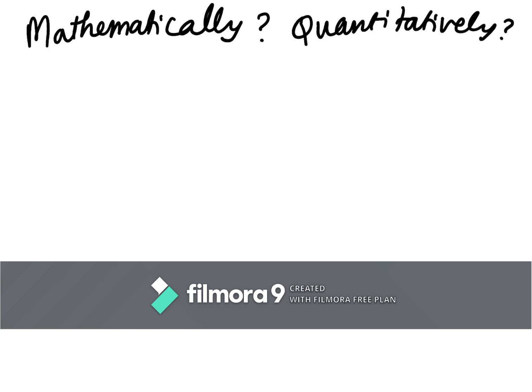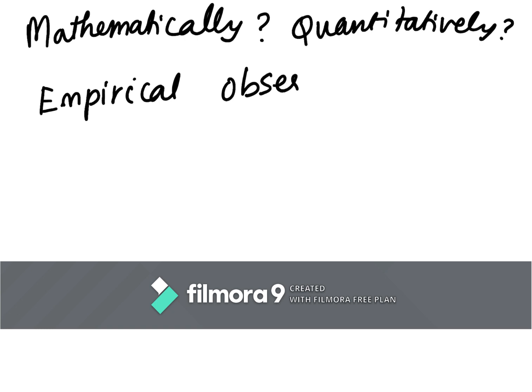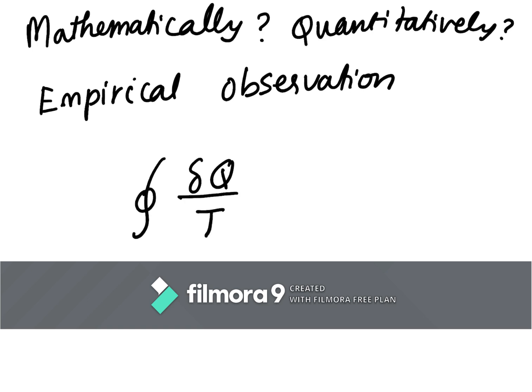We begin by discussing an empirical observation that has been true for all the observations made so far in the context of thermodynamic analysis, which is that the heat change divided by the temperature for a cyclic process has always been observed to be either less than or equal to zero. This is an empirical observation and it's called the Clausius